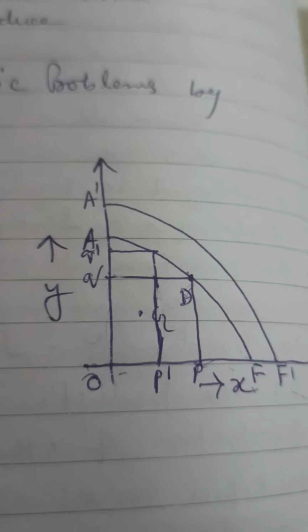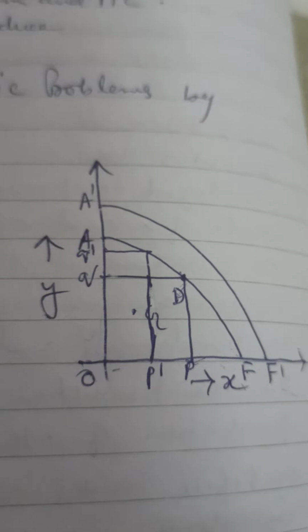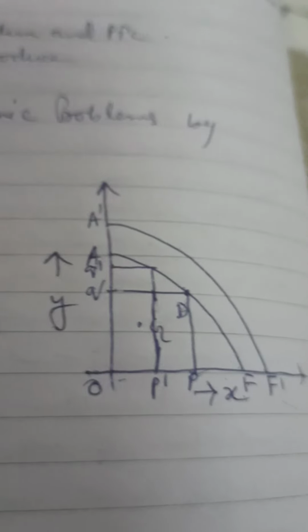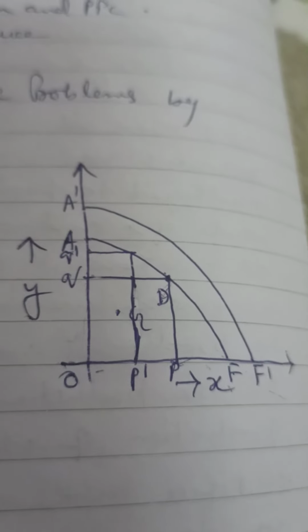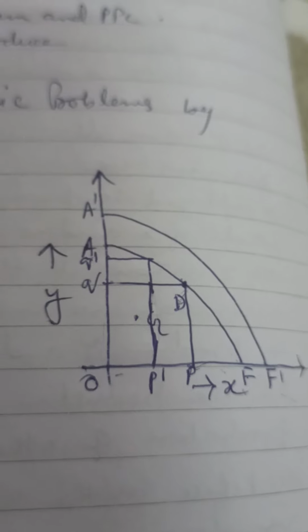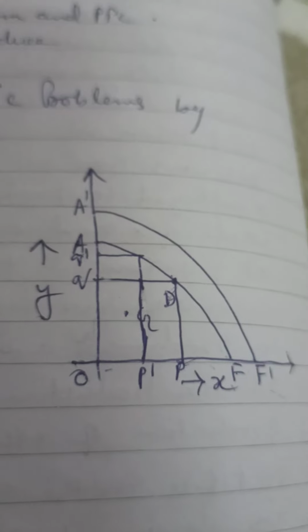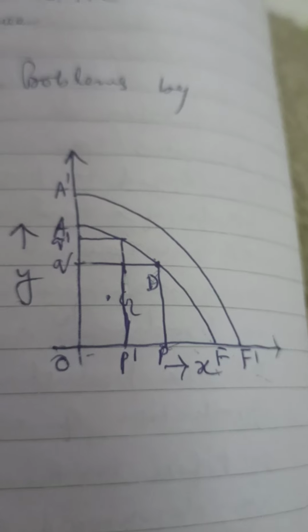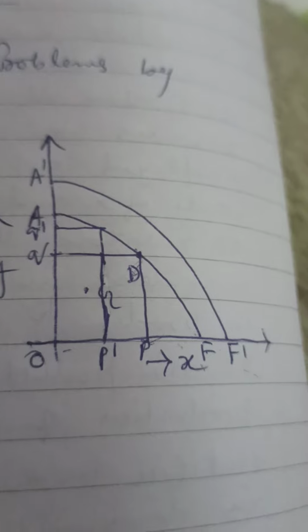This also shows how the commodities will be produced. For whom they are to be produced cannot be directly determined from the production possibility curve. We can get answers to what to produce and how to produce. In producing OP amount of X and OQ amount of Y, maybe we are introducing some sort of technology. So how to produce and what to produce are solved by this, but for whom to produce cannot be solved by the production possibility frontier.